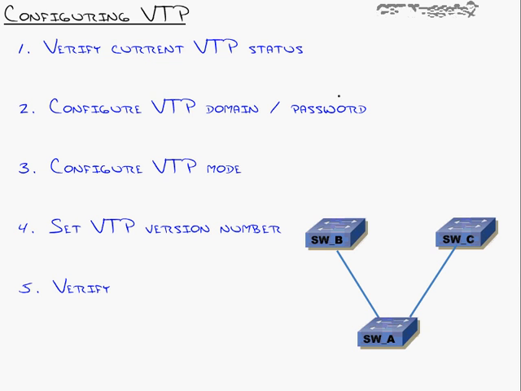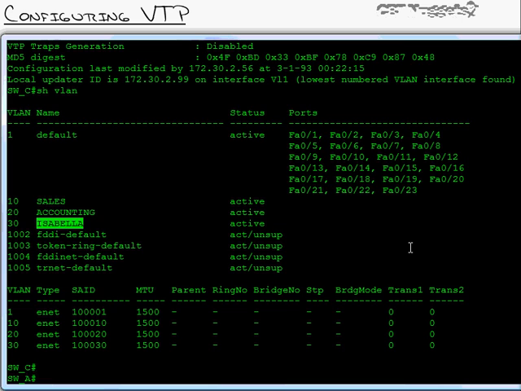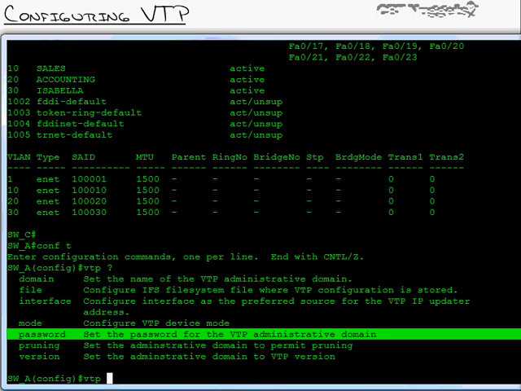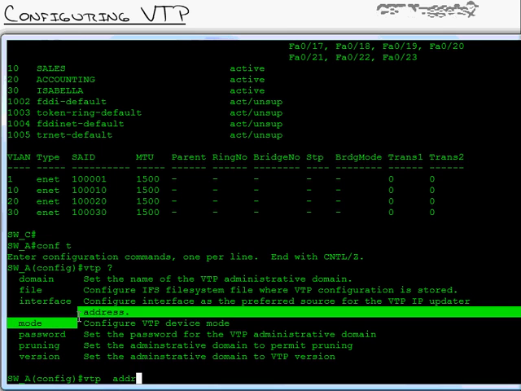Configure the domain name and the password. The password is configured just by going into global config mode and typing VTP password. You can see right there, and voila. By the way, also while we're here, that's how you turn on VTP pruning. VTP version or VTP mode will set